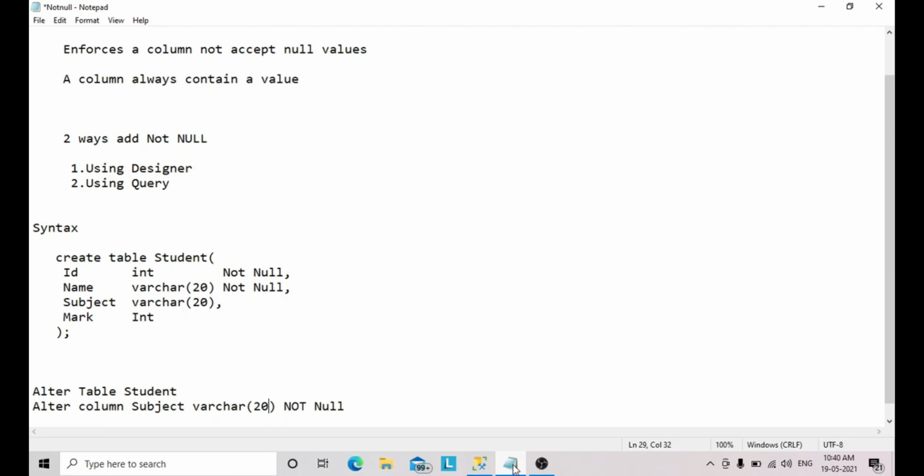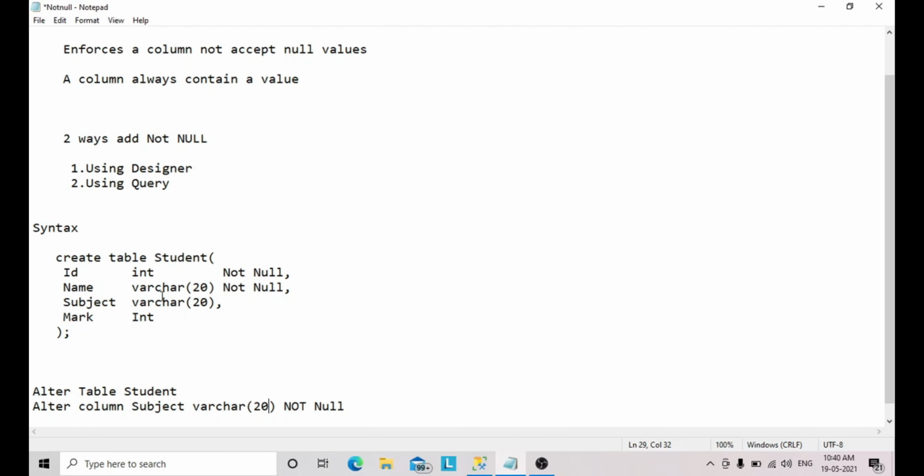Using the query method, we can add not null constraints to the columns. This is another way of adding not null constraints. This is the syntax for adding not null constraints while creating a table. Create table student. In this table, I am including a few columns. ID, data type int, I mentioned the constraint as not null, so the ID column does not allow null values.